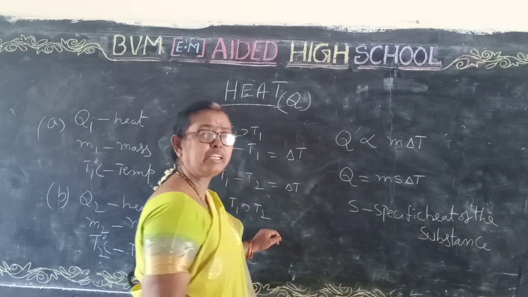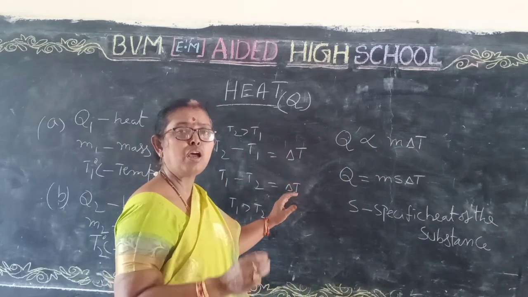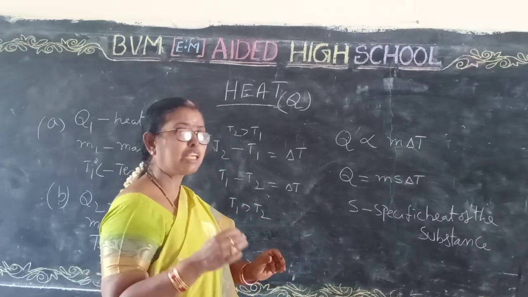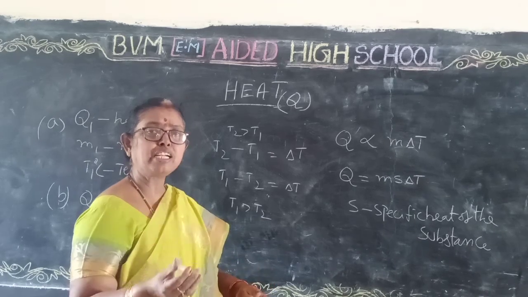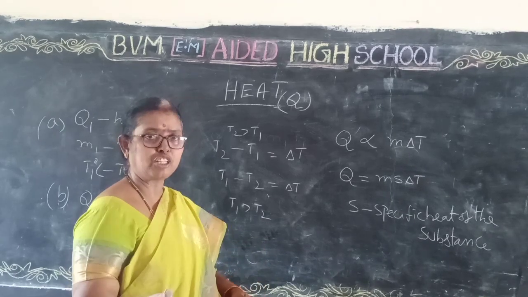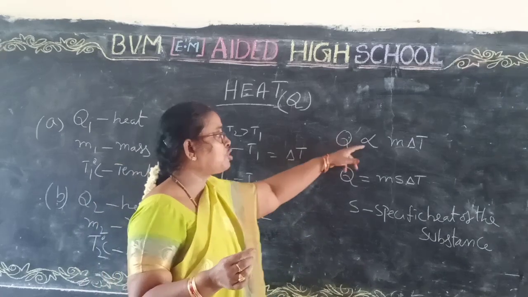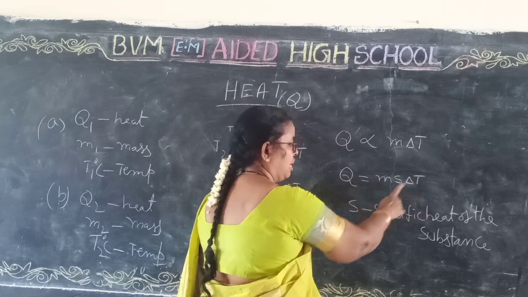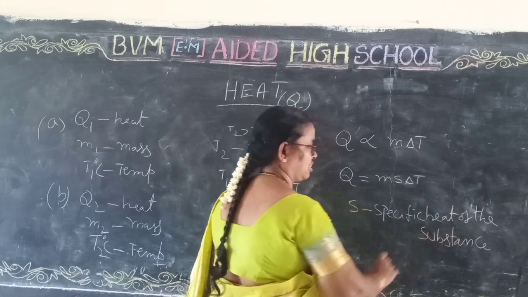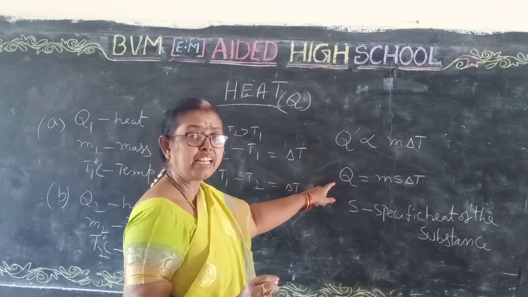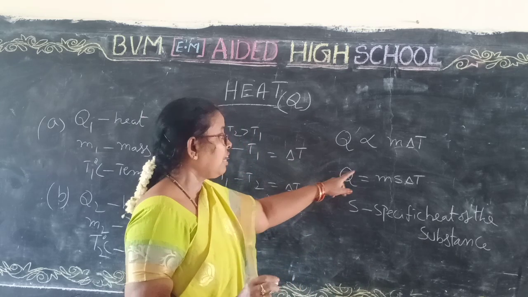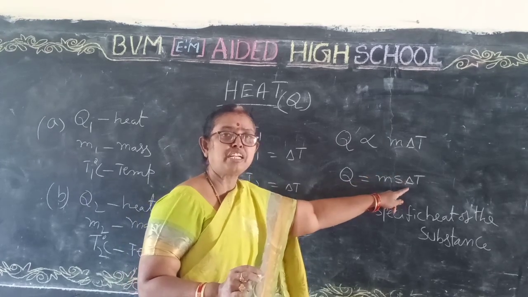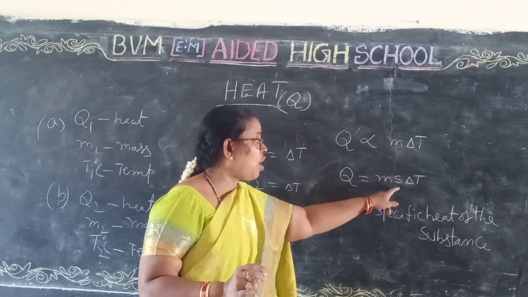The heat energy receiving nature is different from copper to aluminum, aluminum to water, ice, everything. Every substance does not receive the same energy or radiate the same energy. So Q is directly proportional to M delta T, and we write Q = Ms delta T. S is called the specific heat of the substance. You know Q, energy measured in calories, M is mass in grams, delta T is temperature in degree centigrade, but we don't know what S is.